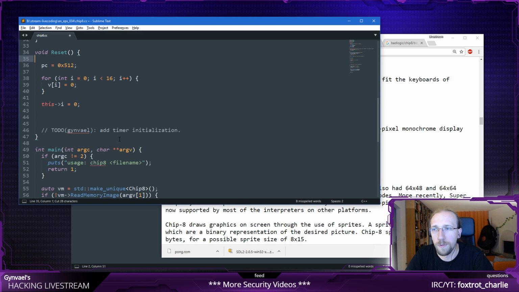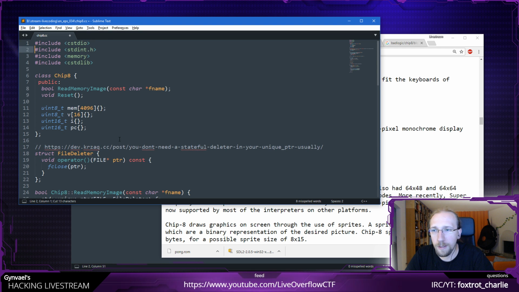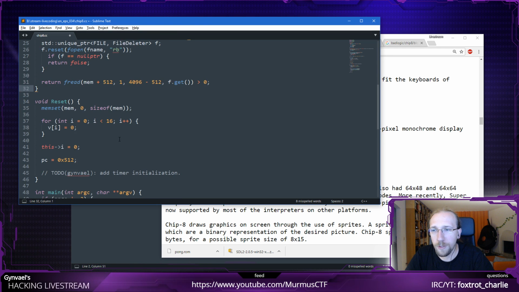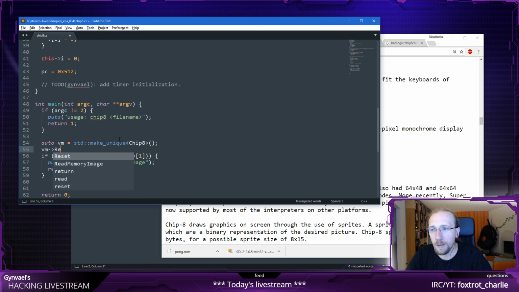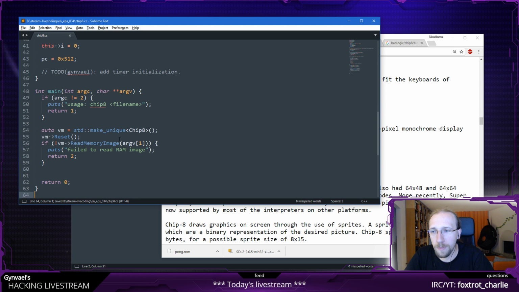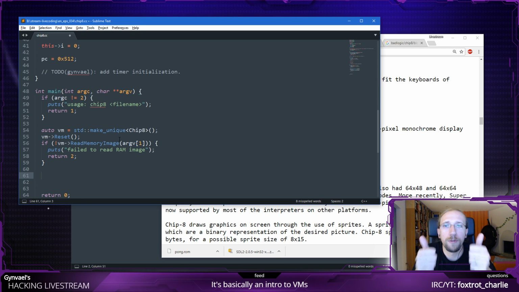I'm going to change the order of it though. Okay, and I am playing with the idea of adding a constructor which does call reset, but I'm not going to do it now. Reset here manually, perfect.